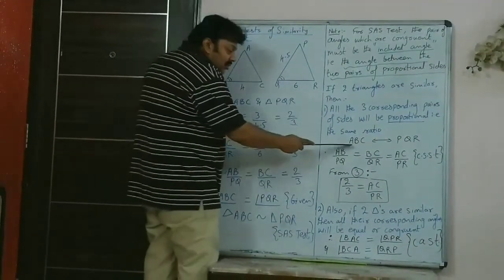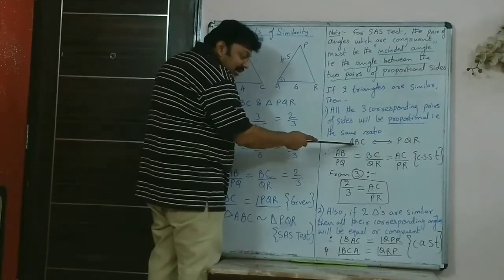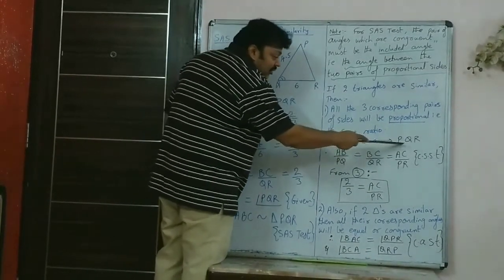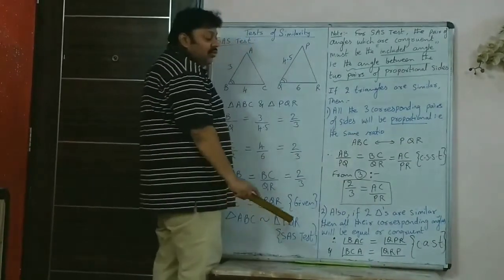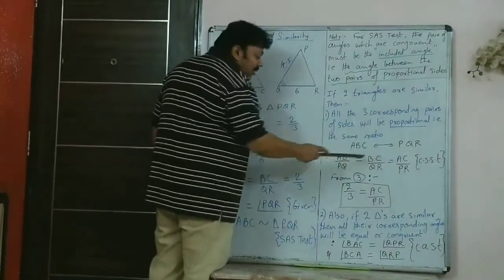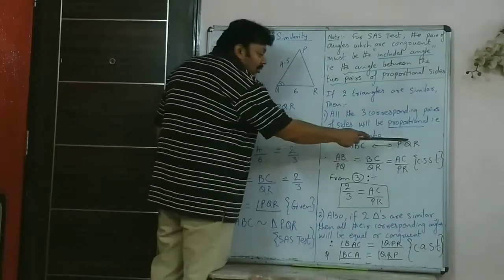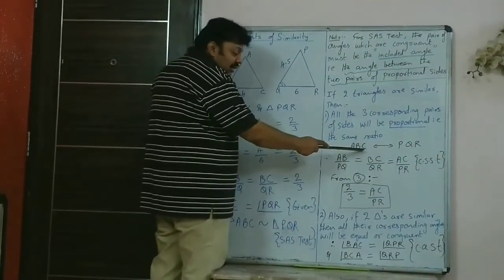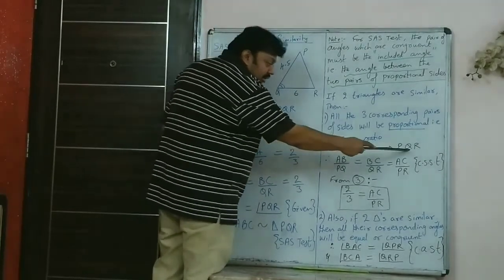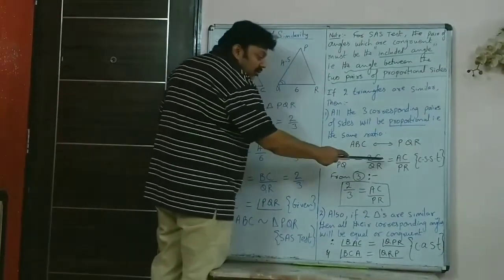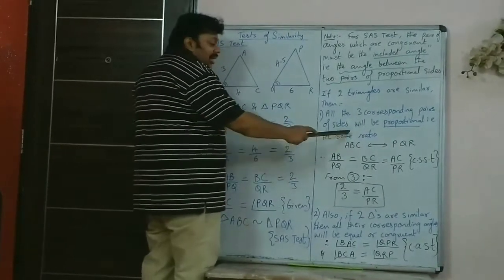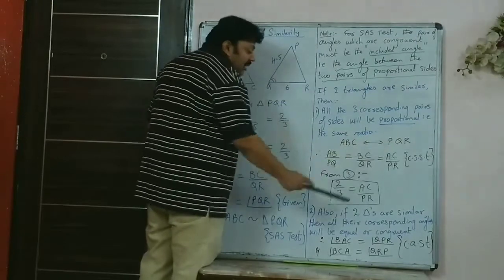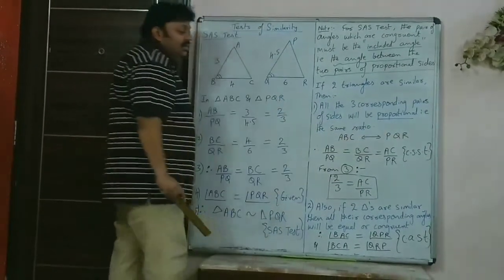Now if you go, the first pair of sides is AB. AB is the first two alphabets, and there the first two alphabets are PQ. So AB upon PQ, 1, 2 upon 1, 2, will be in the same ratio as 2, 3, which is BC, and here 2, 3 is QR. So BC upon QR. And AC is 1, 3, AC upon PR, that is again 1, 3.